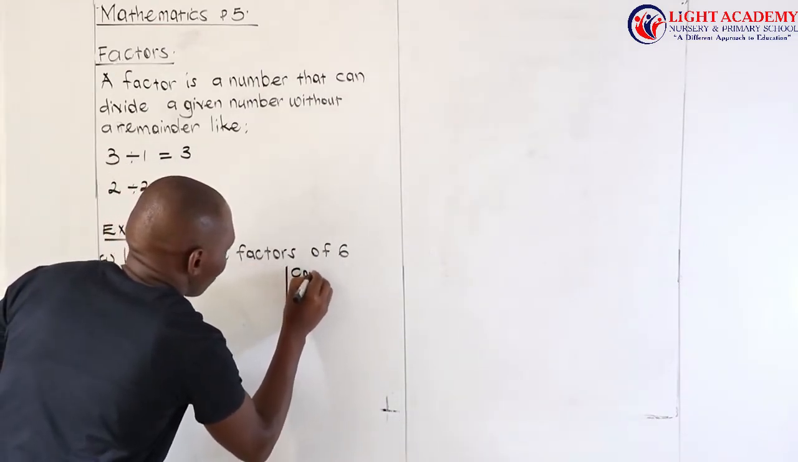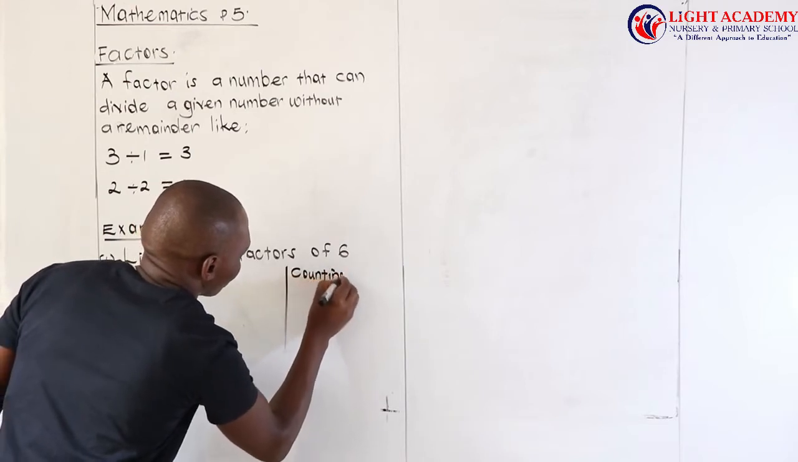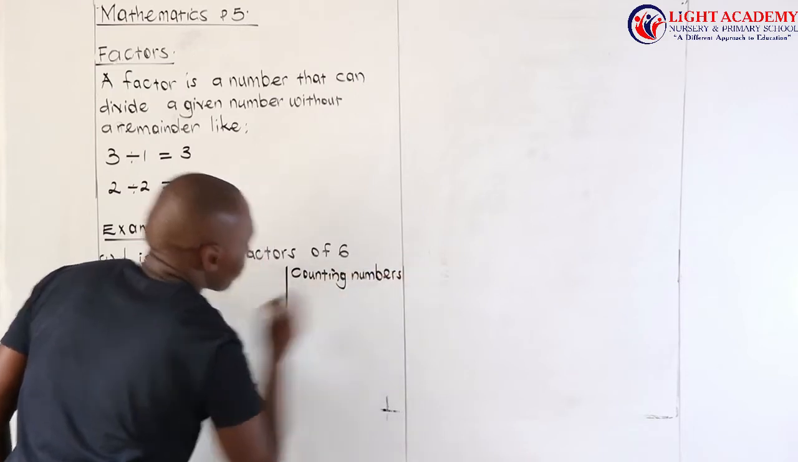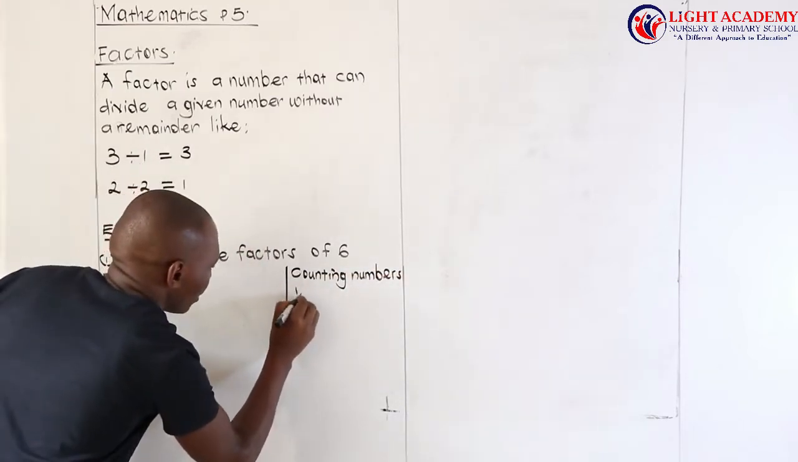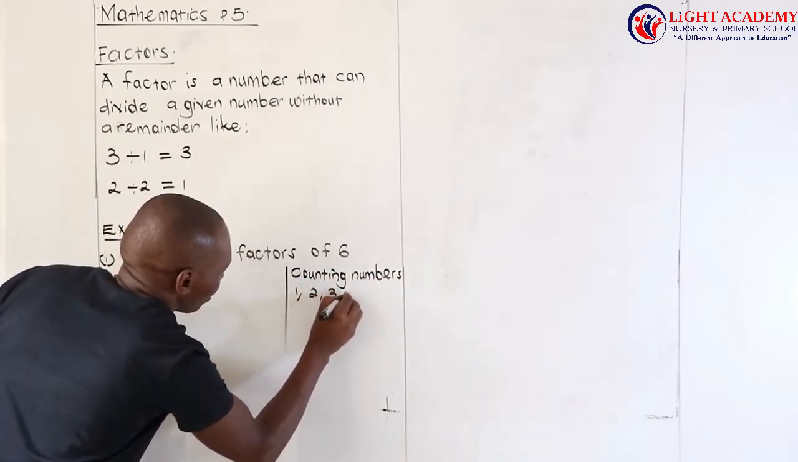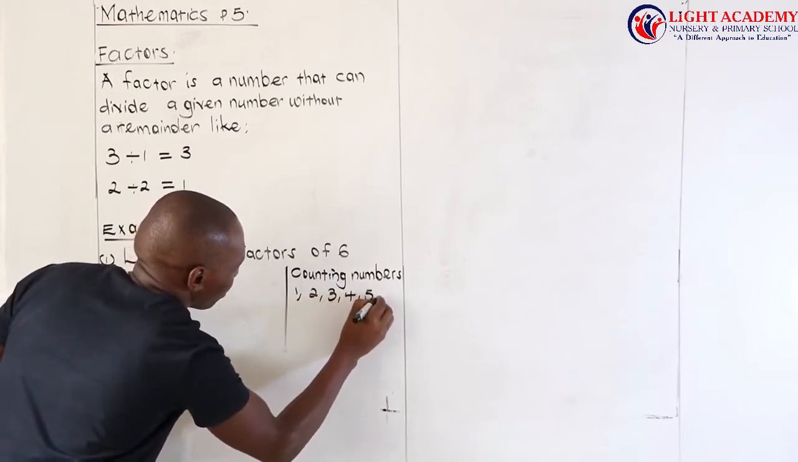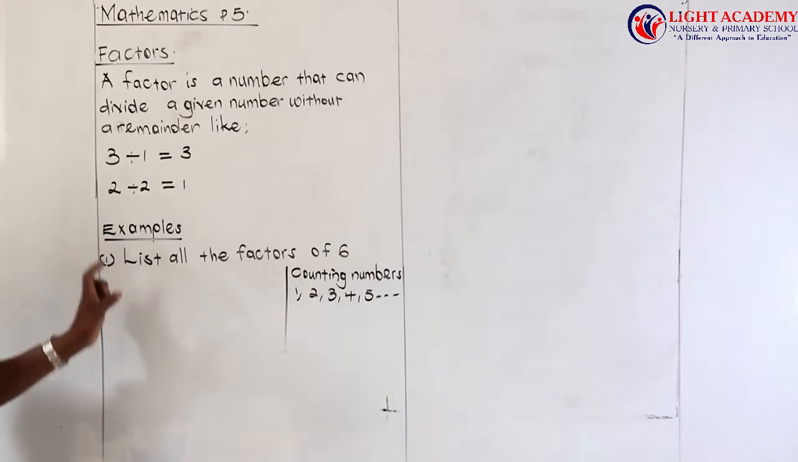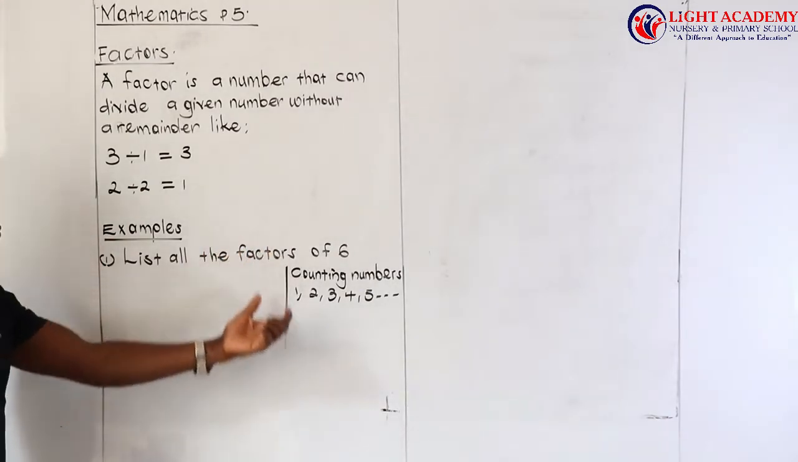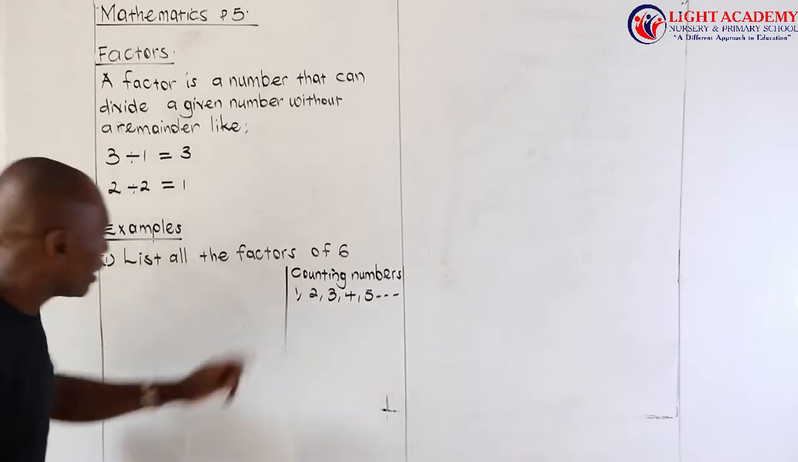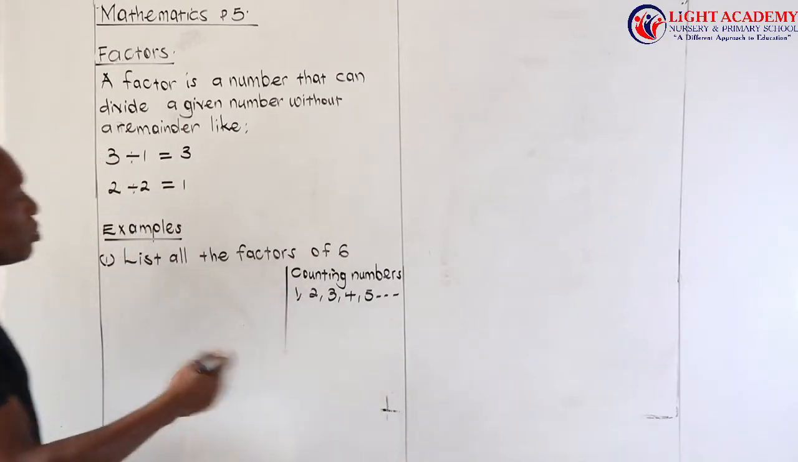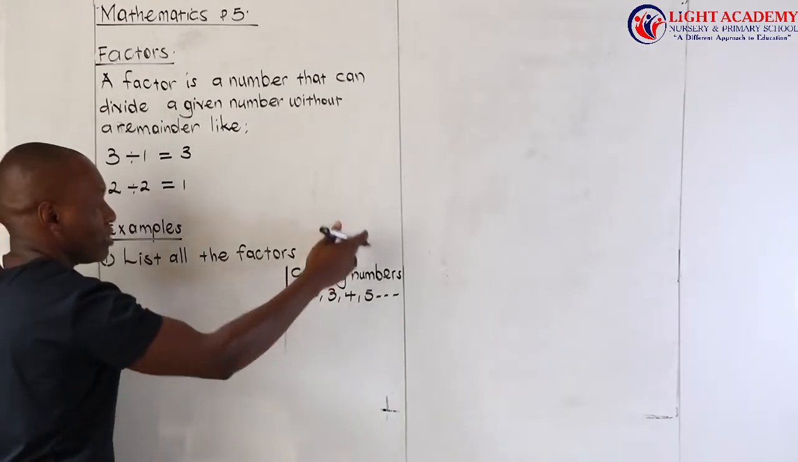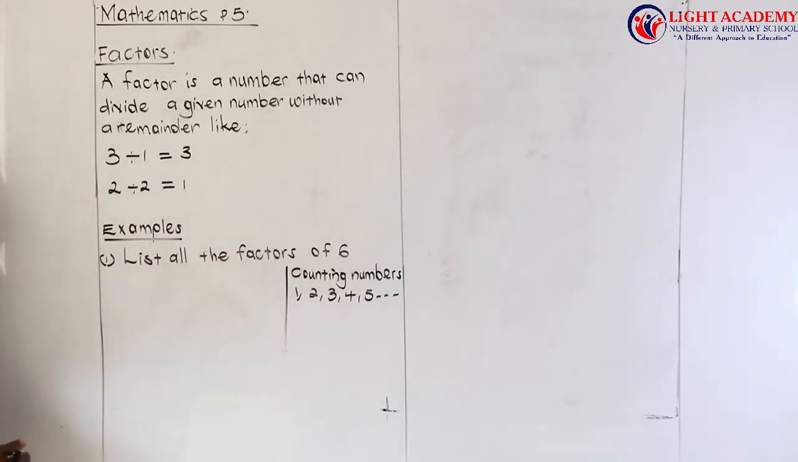Some of the counting numbers are 1, 2, 3, 4, 5, and very many others. Those are called counting numbers. So in the first way of getting factors, we can use any of these numbers, or in fact all of them. For example, if I want to get the numbers which can divide 6 without giving a remainder,